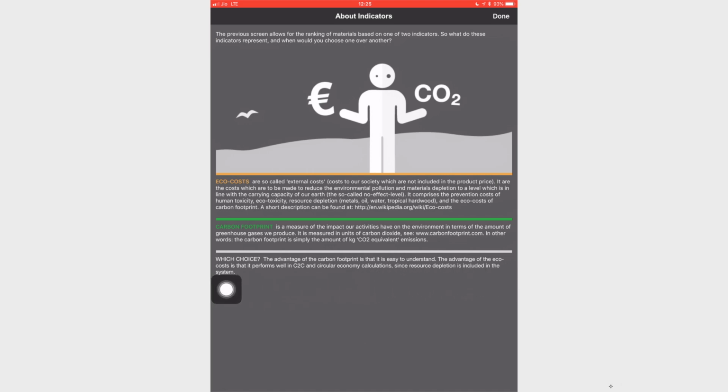So, the carbon footprint does not talk about resource depletion, it only talks about the carbon footprint expressed in terms of CO2 equivalents. Whereas, if you select the eco-cost, it will also involve the eco-cost because of the carbon footprint, and it will also include resource depletion. Let us go ahead and we will know what it actually means.